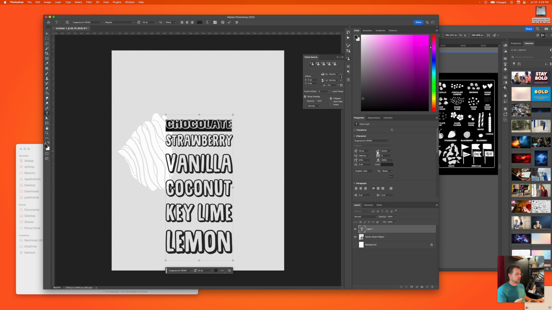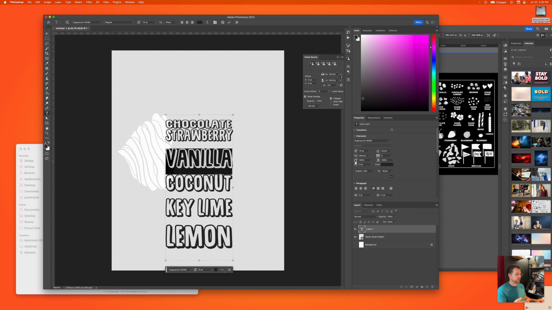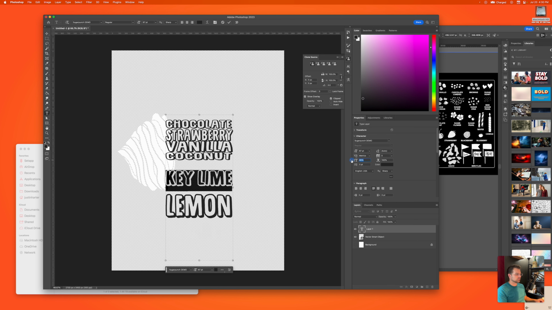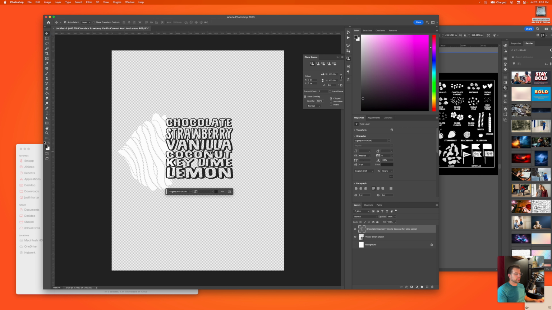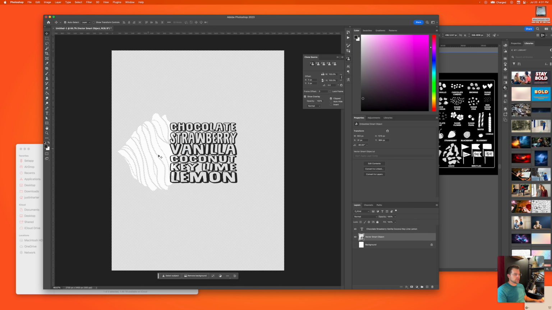And then if you remove the line height from it, you can also make a little more room in between each of these. Strawberry is my favorite flavor, so I'm going to leave it mostly the same. There we go. Now I have all of my text filled in a little bit here, and I think that's pretty good. And the next thing that I want to do is I want to make the icing top the